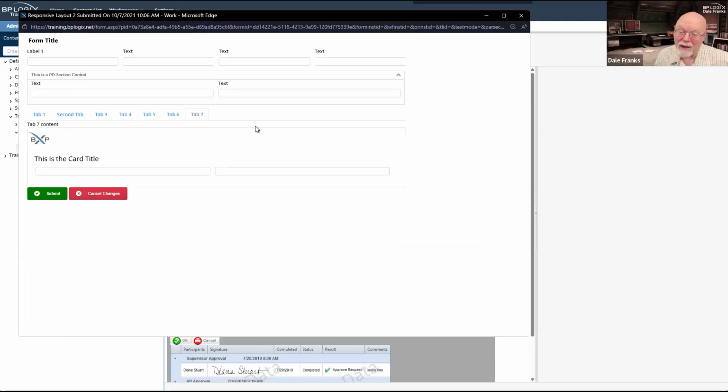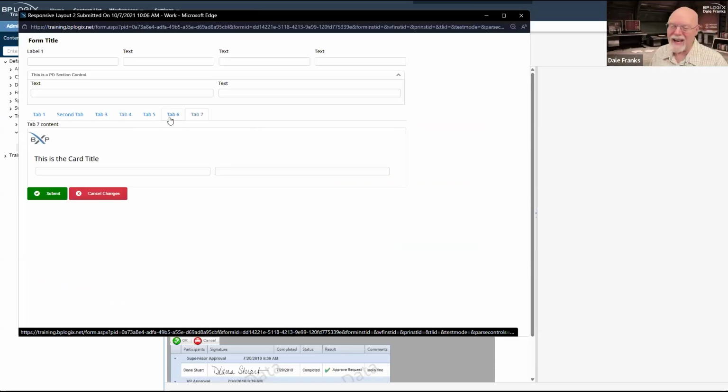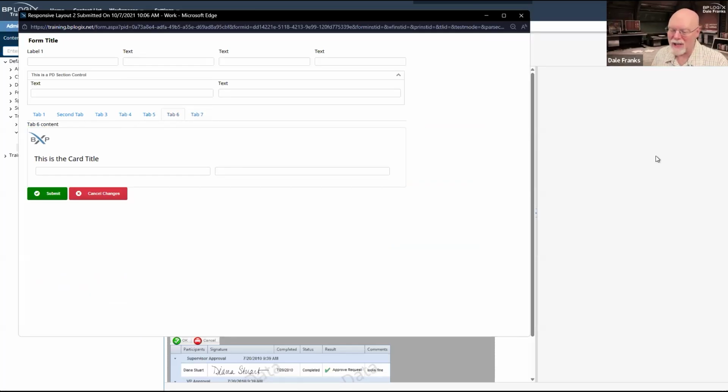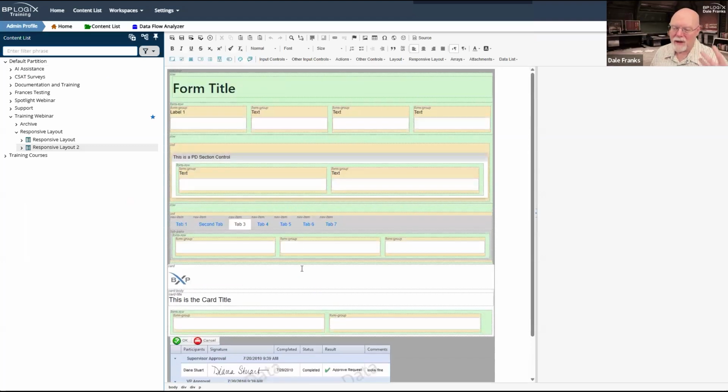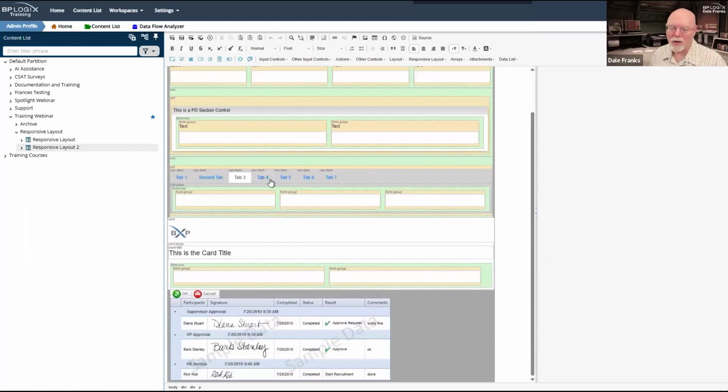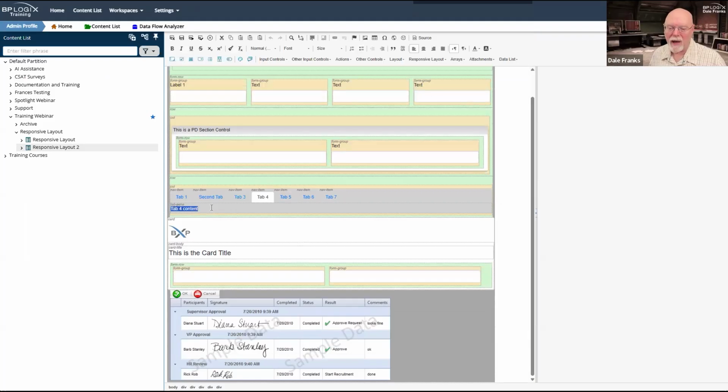But I do have to admit, doing tabs in Bootstrap, tabbed forms in Bootstrap is easier and more convenient than doing it in Process Director, if for no other reason than because in the design view, you can see what your tabs are doing as you switch between them, and you can just sort of edit them live, tab by tab. And I really, really like that. I wish our tab controls worked that way, but they don't. But that is a really cool thing to do.